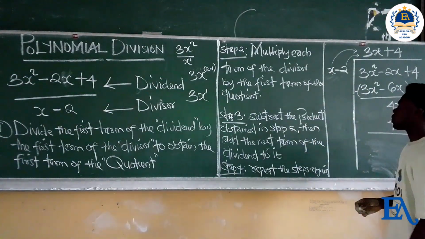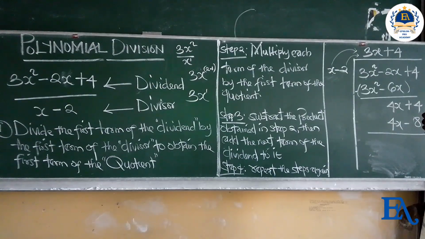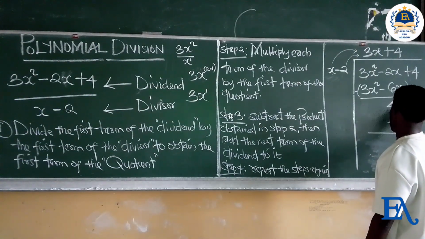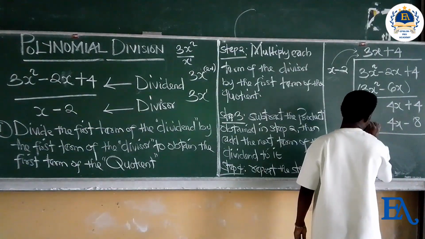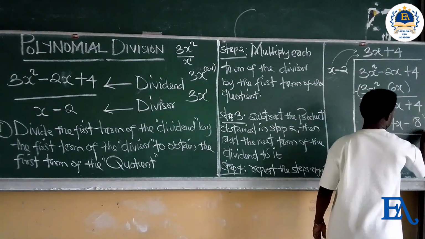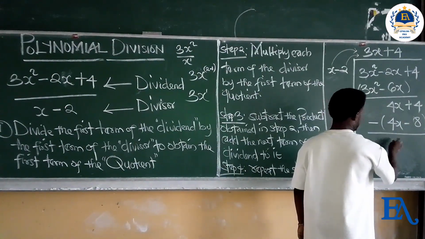Step number 3. Subtract the product obtained in step 2, which is this. Subtracting this from this. 4x minus 4x is 0,